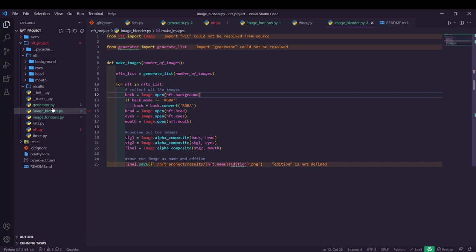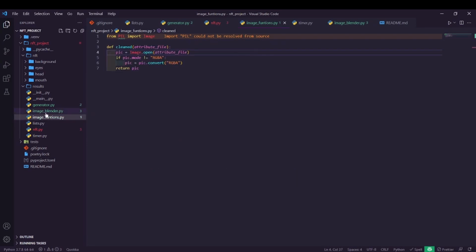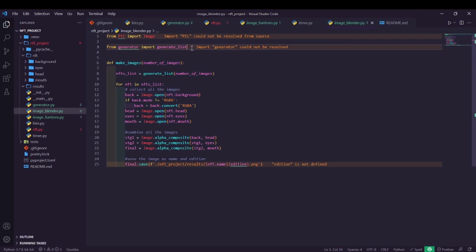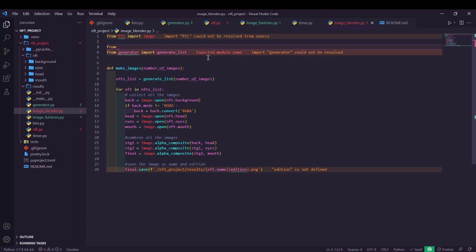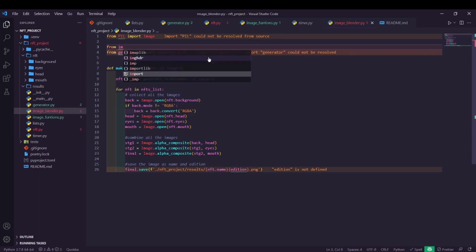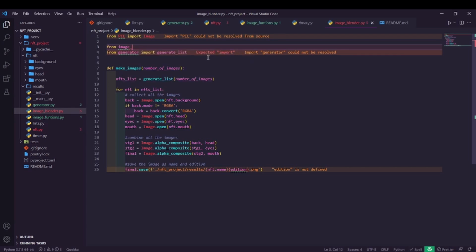So we'll bring in cleaned. So we'll import that here from image functions. Eventually I'll move the different files into directories that are related and whatnot, but for right now they're just all in the main directory, just for easiness at the moment. Image functions,